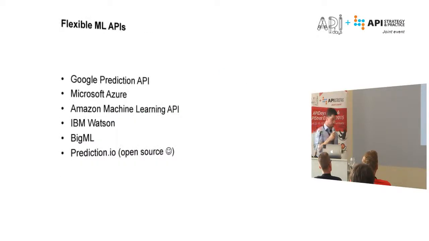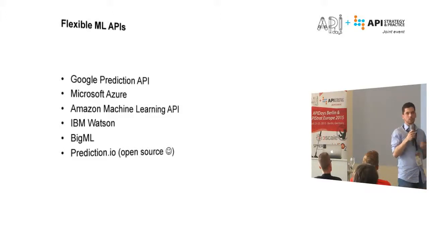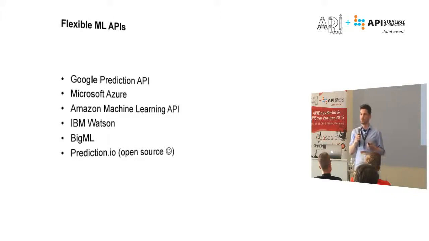Then you have another class of machine learning APIs, which are labeled here as more flexible APIs. These are, I think, the most important ones at the moment. There you have certain platforms and APIs that you can use to train your own models. You can use your own data. Let's assume you have a problem that wasn't solved so far. Then you can maybe come up with a good model and a good solution to that using one of these platforms.